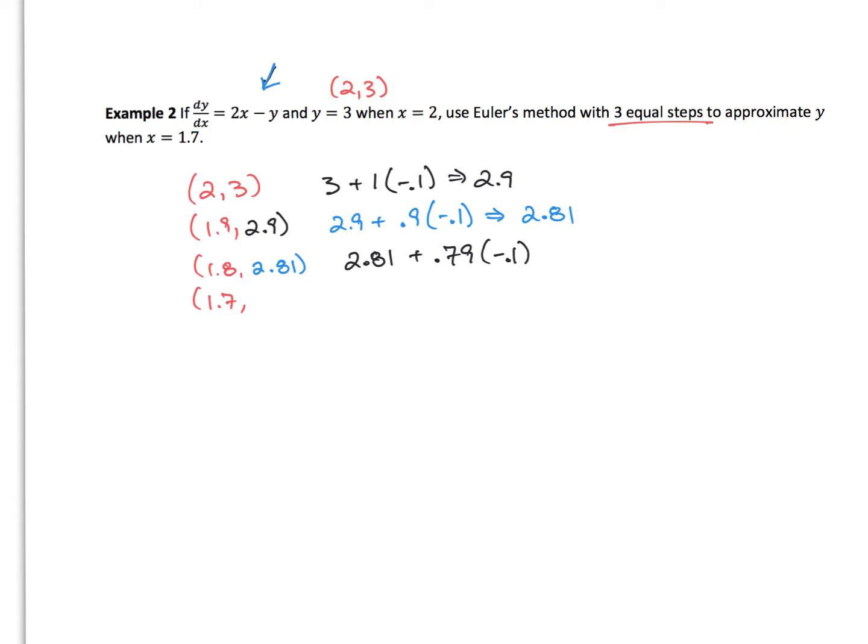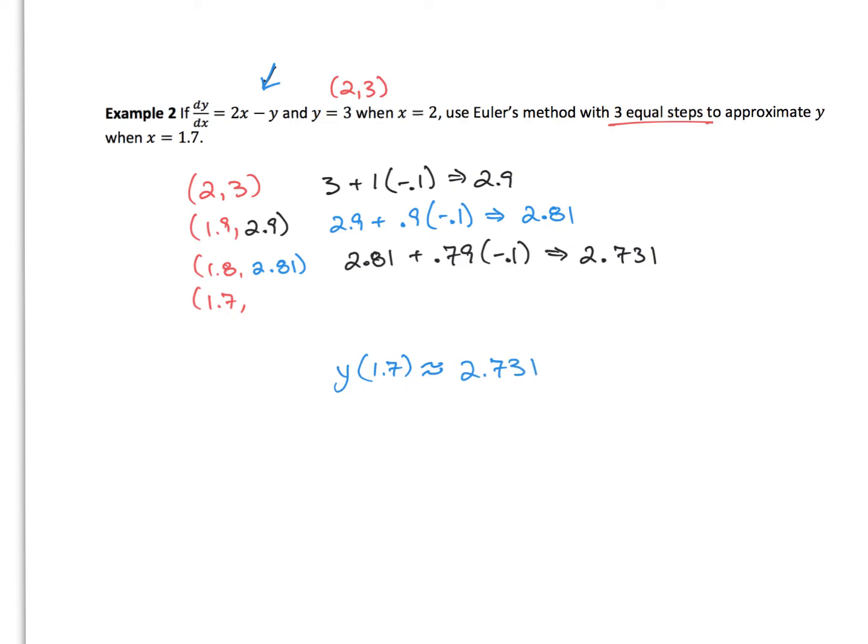So then I end up having 2.81 minus 0.079. And so I end up with 2.731. And so this is where I can make my squigglies. So what do I say? y of 1.7 is approximately